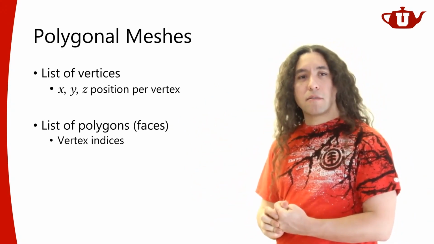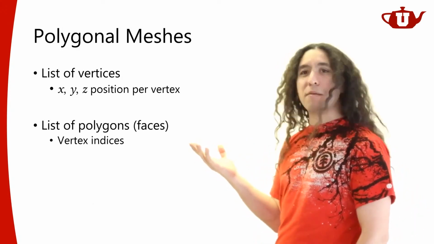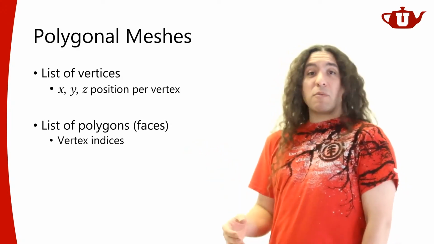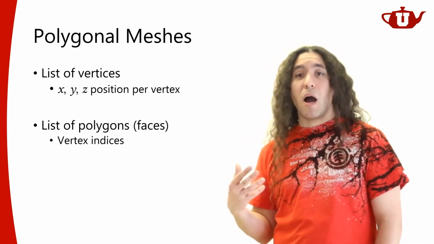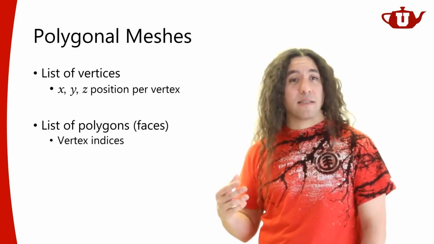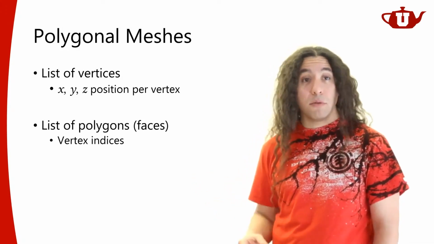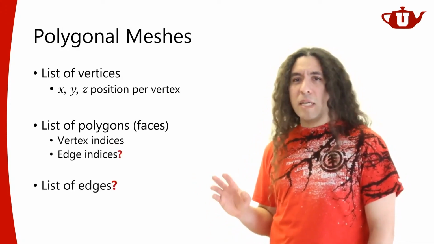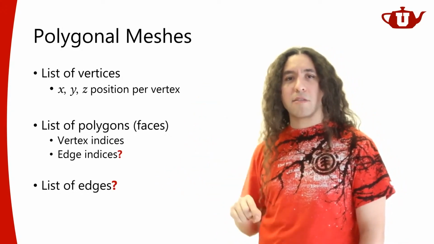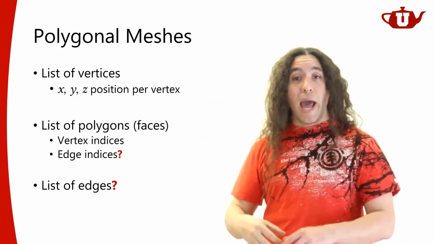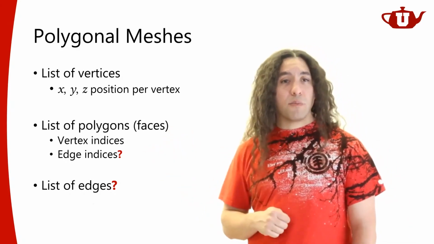So this is what we need at the very least. Well, what happened to the edges? We talked about edges in the previous slide, right? So where do they go? Well, they're not represented here. It turns out we don't really need edges very often. Although, there are certain modeling operations that people like to use that involve edges. So in some cases, it becomes convenient to store the edges as well if you want to. They're not necessarily required. Actually, just using the polygon vertex indices and the list of vertices, you can form that mesh. And then from that, you can generate a list of edges, and you can add edge indices to the polygons.